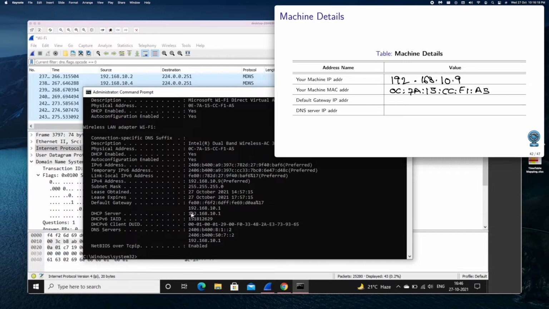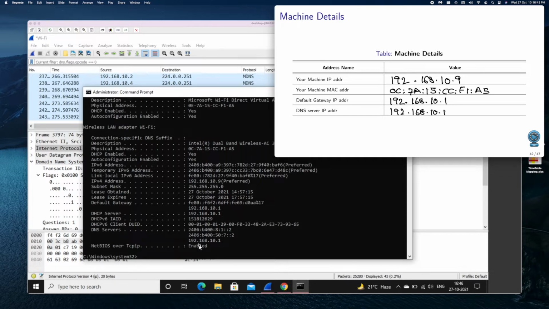Default gateway IP address is here, 192.168.10.1, and we are also asked to note down the DNS server. In my case, the gateway itself is acting as the DNS server. That's why I have this same IP address.